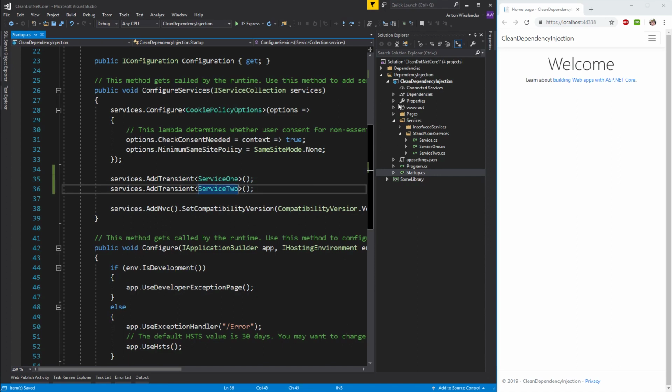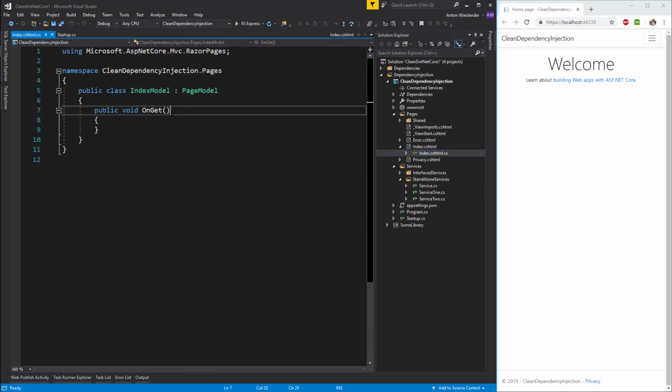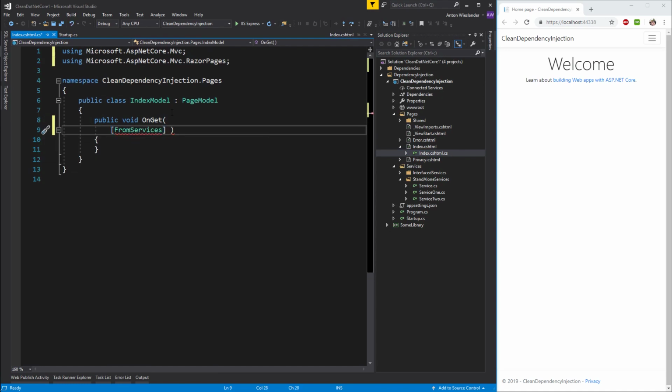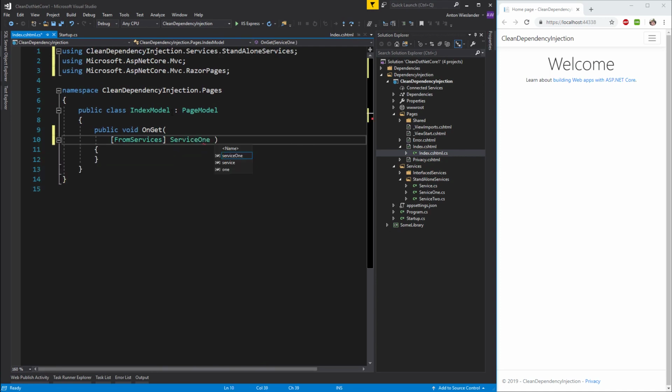And then you would go into your page wherever you need it, and say from services we can take service 1, and then do the same for service 2,